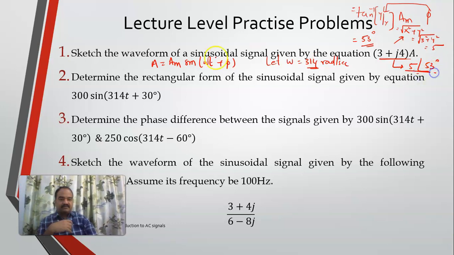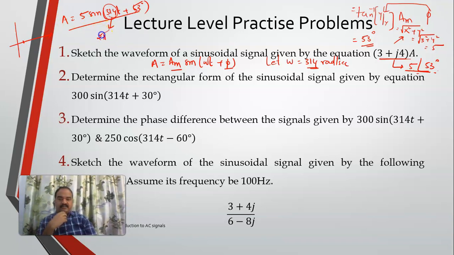This is Vm, this is 5. So if I substitute here, what will I get? My signal is 5 sine 314t plus 63 degrees. Sorry, 53 or 63, whatever it may be. So how to represent this particular signal? It starts at 53 degrees and the frequency is 314, which means